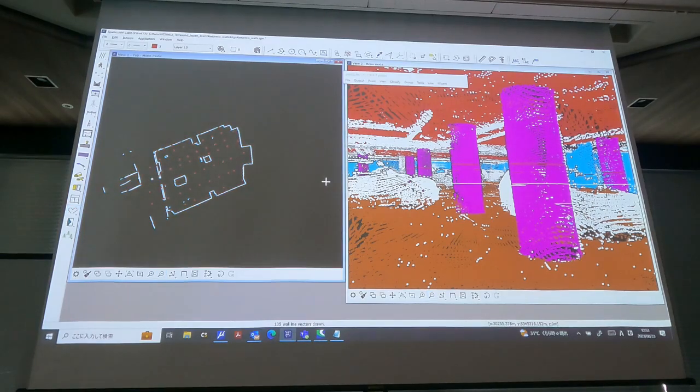OKにします。And then I get line work. そうするとラインが今 CAD 上に書き込まれています。